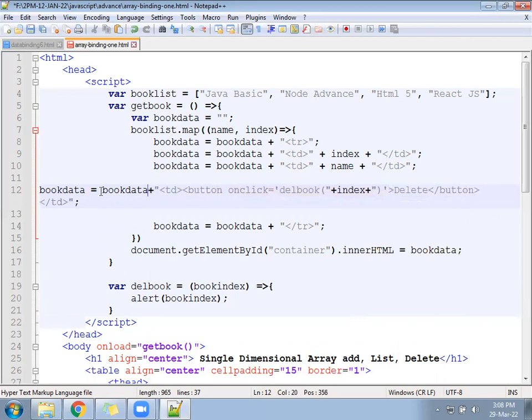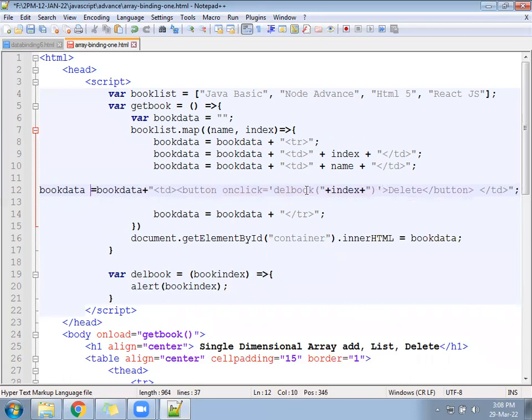So we are concatenating a static statement and a dynamic statement together, using the plus operator. So whichever delete you click, that index is coming as alert.